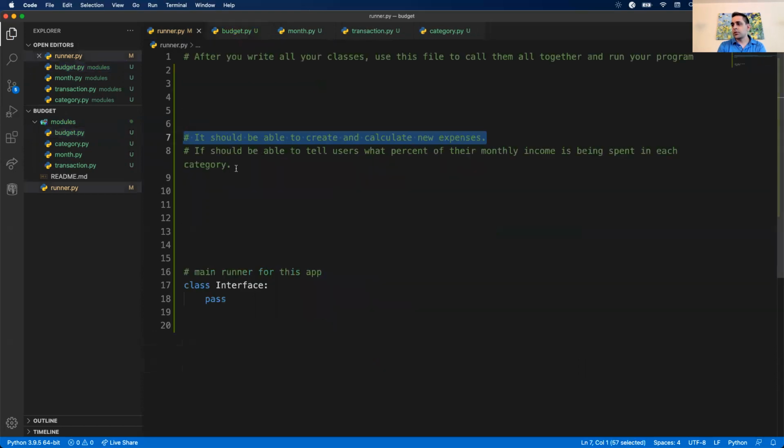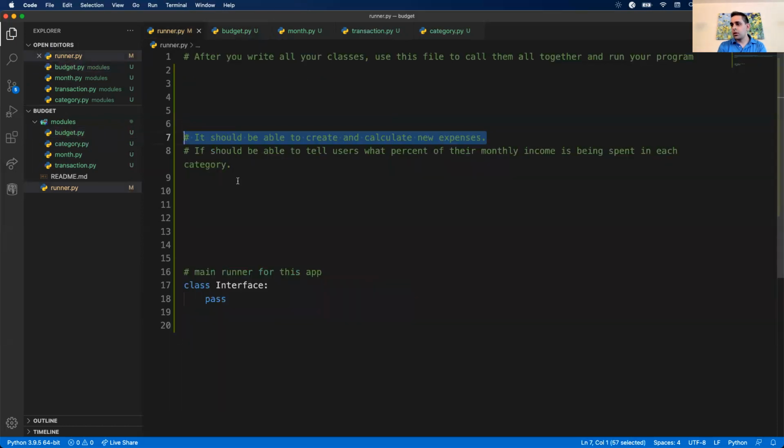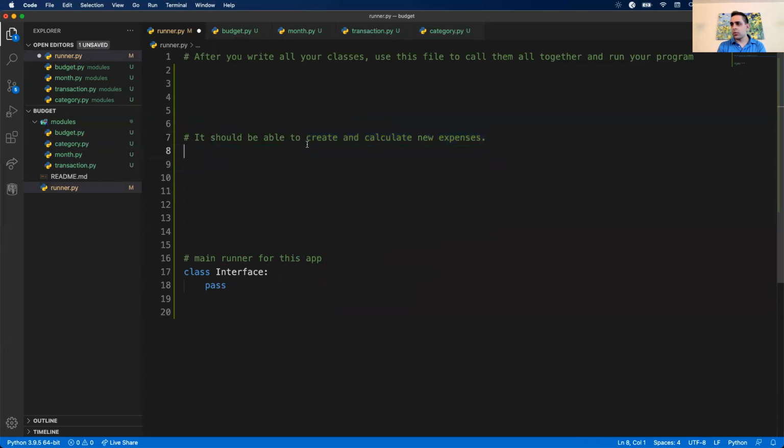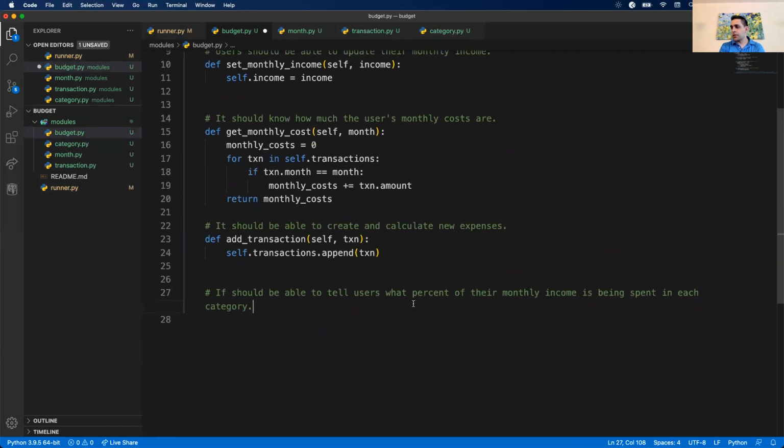And then what else? Should be able to tell users what percent of their monthly income is being spent in each category. All right, so again, I think we accomplished this. We want to do more, but did I copy that properly? Okay, we have the ability to add transactions, and then I think the last thing that we need to check off here is probably the hardest part, is calculating percent by category. So